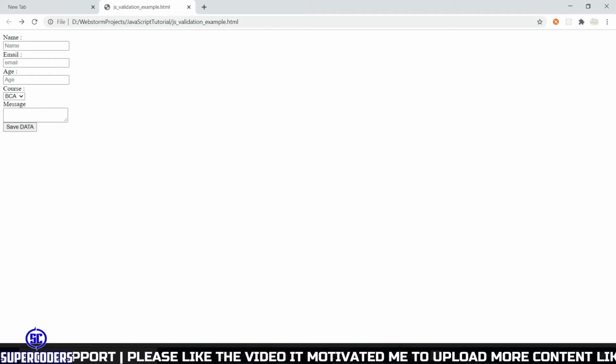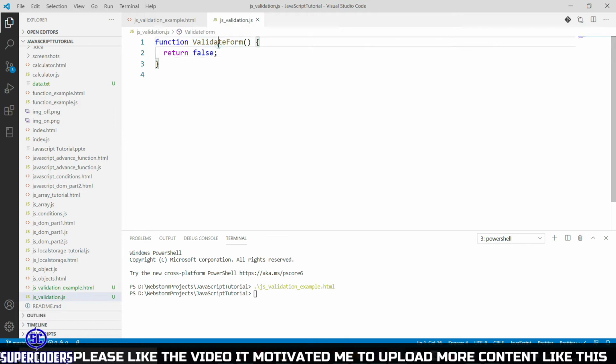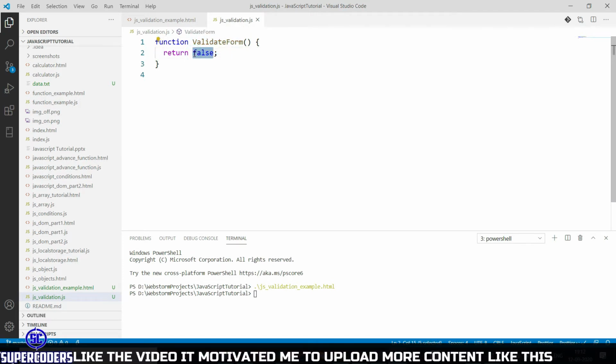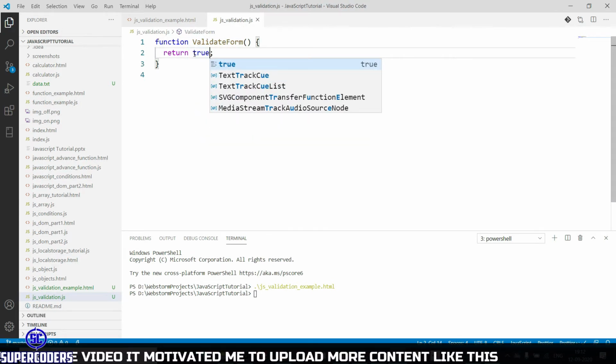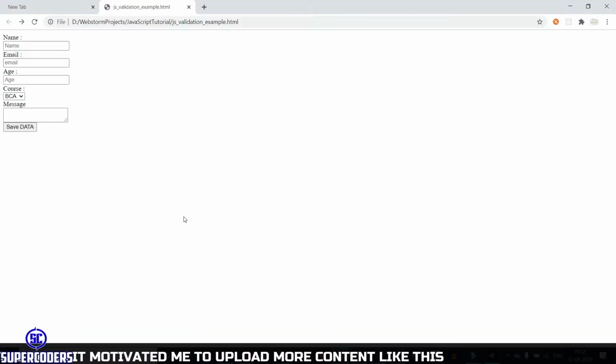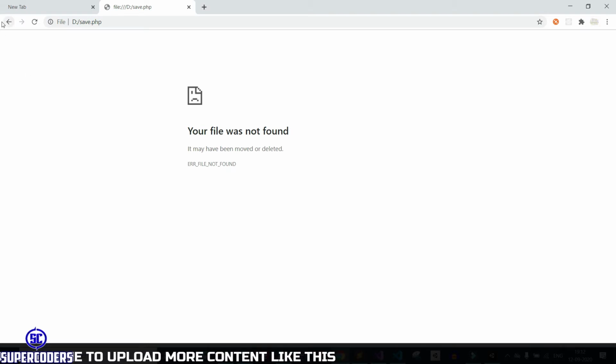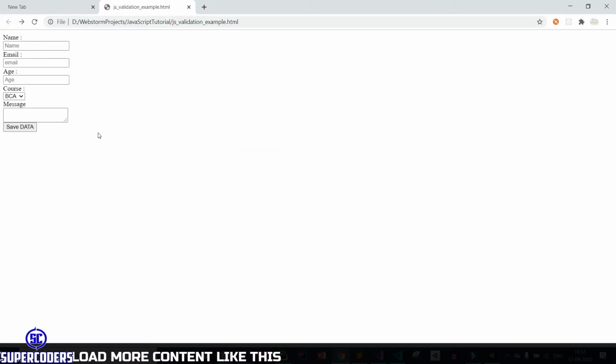So we can prevent the default action by adding validate form and return a data false. If I return true, save it and let's check again. Back to Chrome, refresh page and click on save data and it gets submitted. So in this way you can prevent the default action of form. Here you can see I just add true or false. So in this way the form is not get submitted when you pass false on submit, and if you pass true it gets submitted. Now let's work on the main concept, which is validation of this form.